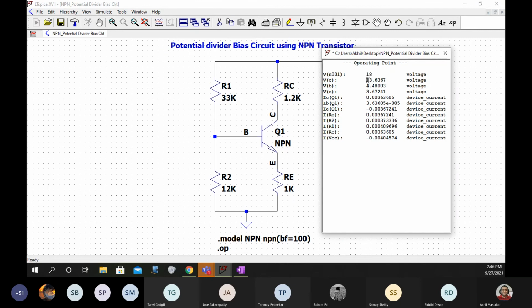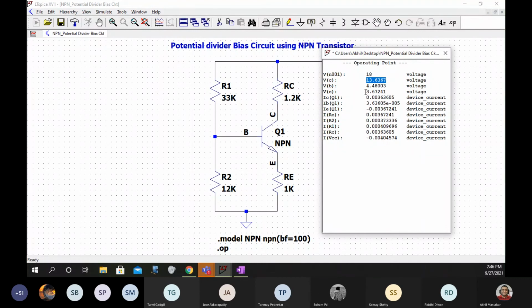So we got VC as 13.6 minus 3.6, so that will be 10, because here VCE is VC minus VE, and this time VE is not connected to ground, so there is a voltage across RE.